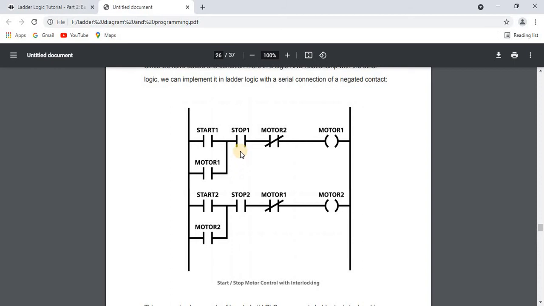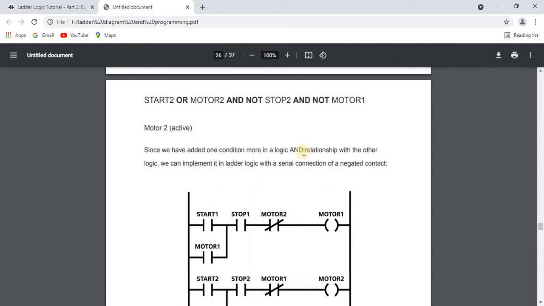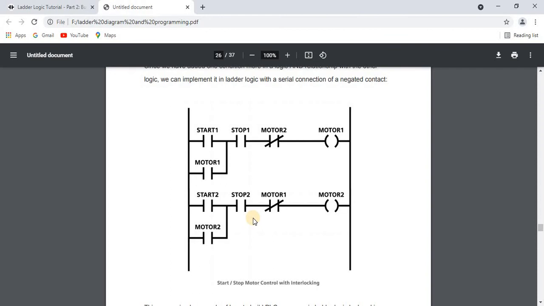But these logic relationships can be used not only with normally open and normally closed instructions; they can be used with many different PLC instructions, even counters and timers. The whole point is that we learn how to build some ladder logic. Now it is your turn. You can simulate different examples, change the conditions, and build them here.